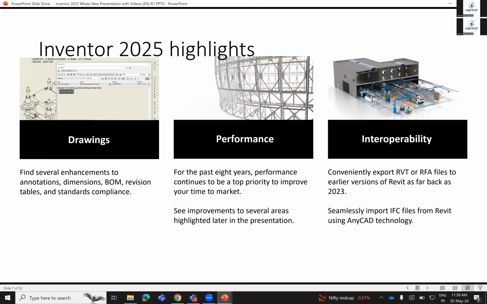IFC files from Revit using Any CAD technology. IFC is one of the files from, what do you call, Staad Pro? I want to bring it to Revit from Revit. I want to connect the complete modeling aspects with Inventor. Even that can be brought in from any CAD. So in this,